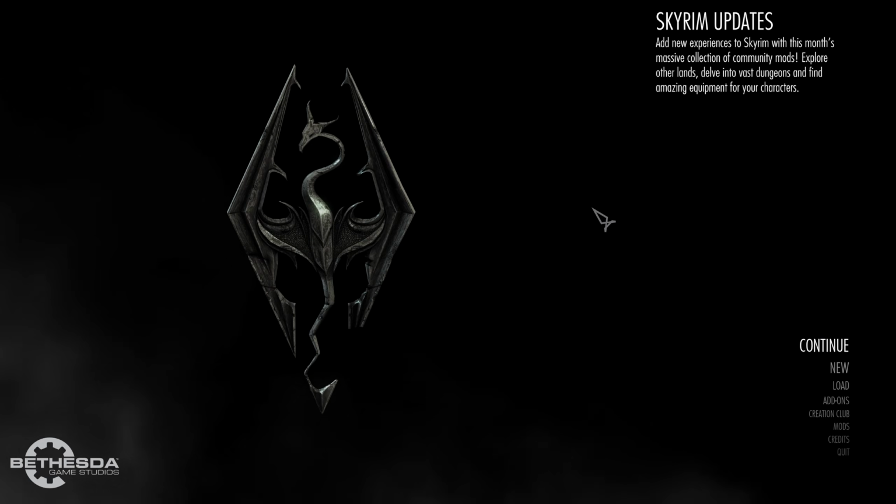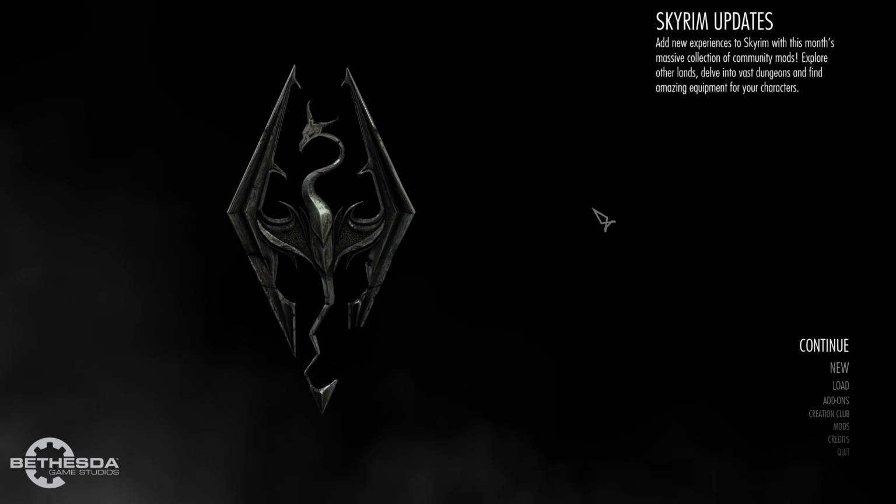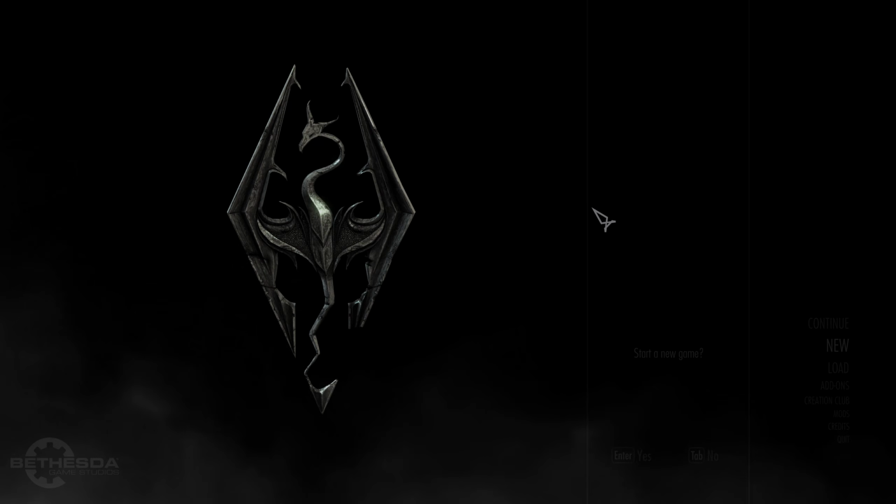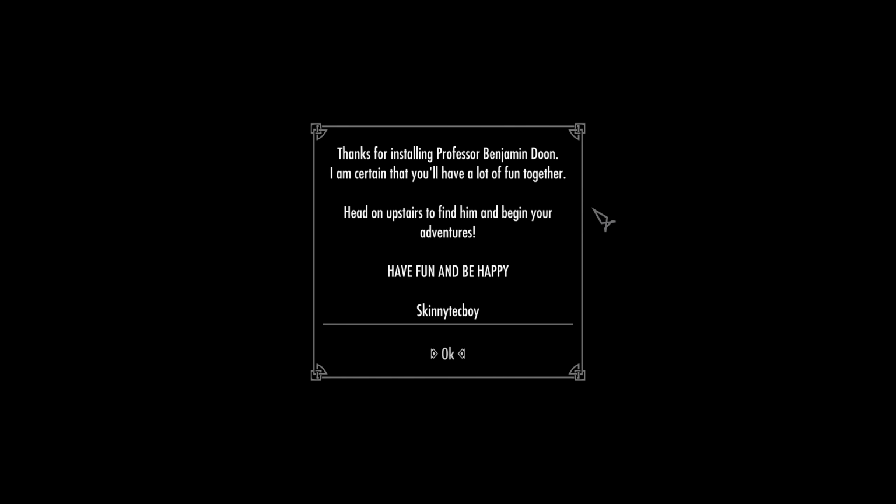So let's launch Skyrim. So here we are in the good old Skyrim menu. And I'm going to start by creating a brand new character. I'm using alternate start. So that's going to load us into a tiny little cell straight into the character creator, which is going to be really handy because that's all we need. If you're using a vanilla game, then you're going to have to go through Helgen, but that's fine. The alternative way is to do this through an existing character. If you just bring up Show Race menu through the console, that'll work as well.